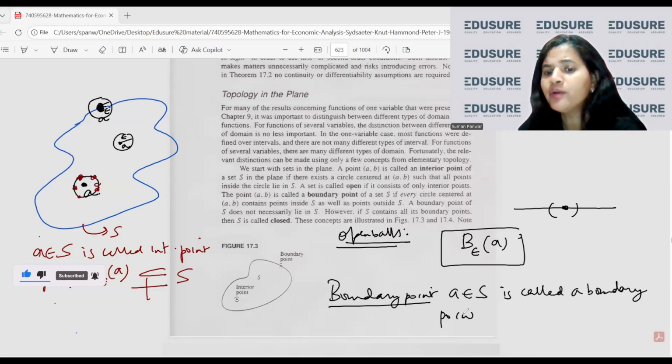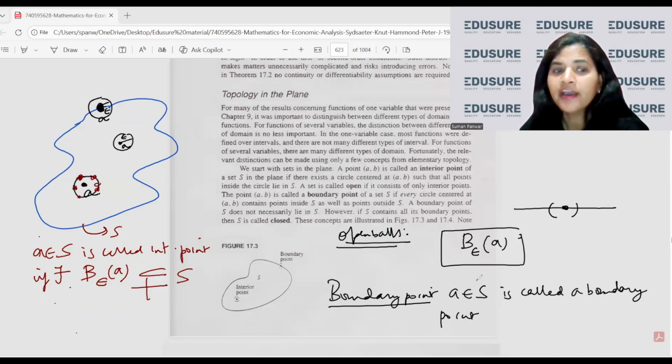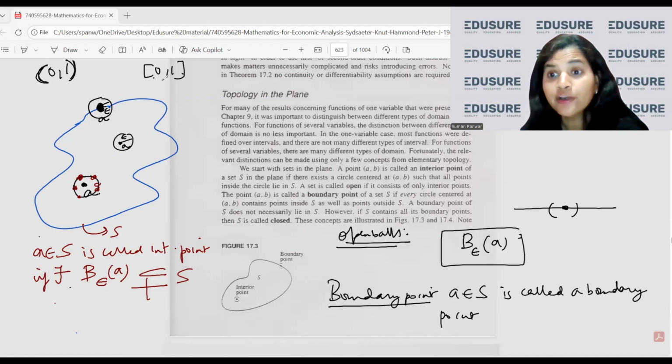और बाउंड्री पॉइंट हो सकता है सेट में हो या सेट में ना हो, ठीक है। ये बाउंड्री इंक्लूडेड भी हो सकती है और नहीं भी हो सकती, जैसे ये ओपन इंटरवल 0 1 है, यहाँ पे बाउंड्रीज हैं 0 और 1, बाउंड्री पॉइंट्स, बट इंक्लूडेड नहीं है। क्लोज इंटरवल 0 1 में बाउंड्री पॉइंट 0 1 है बट इंक्लूडेड है।